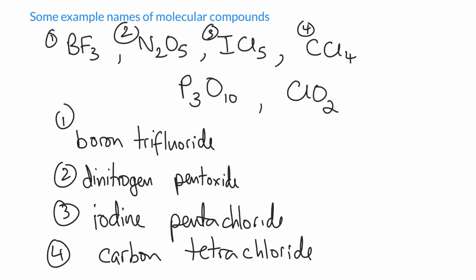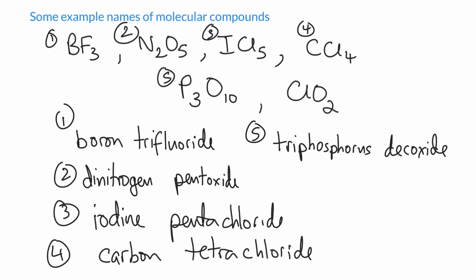And let's see, are we at the fifth one? So the fifth one, P3O10, so P is phosphorus, 3 is tri. So there's no problem with triphosphorus, right? The tri-P is easy to say. Phosphorus, though, P-H-O-S-P-H-O-R-U-S, triphosphorus, not -ous. And then 10 is deca, but again, decaoxide is hard to say, so we say